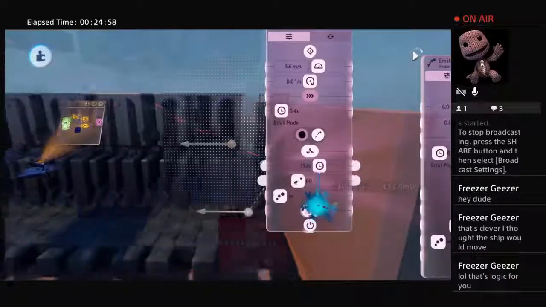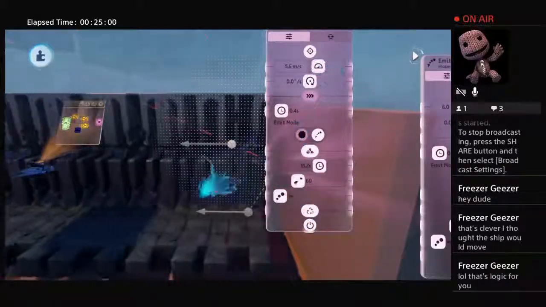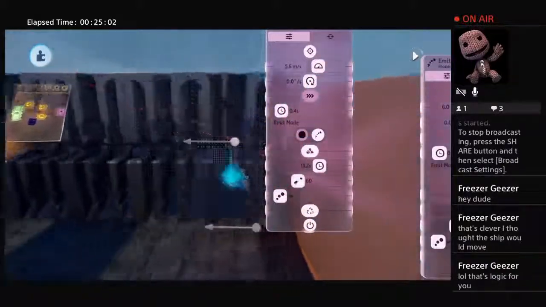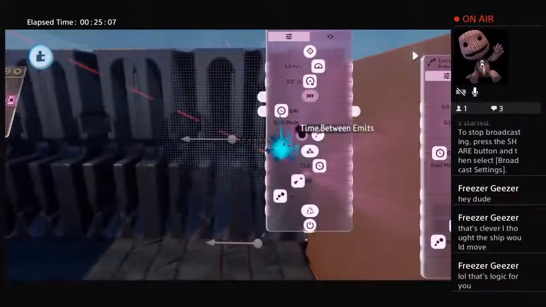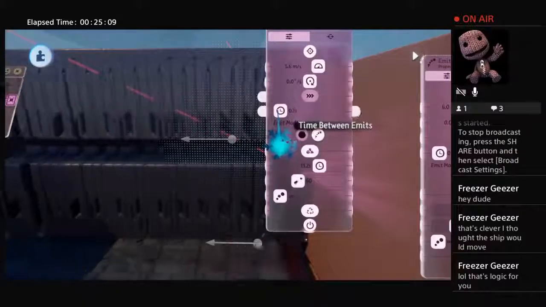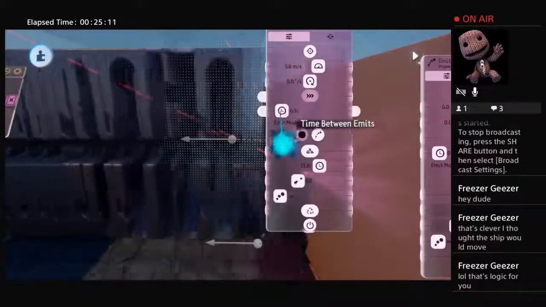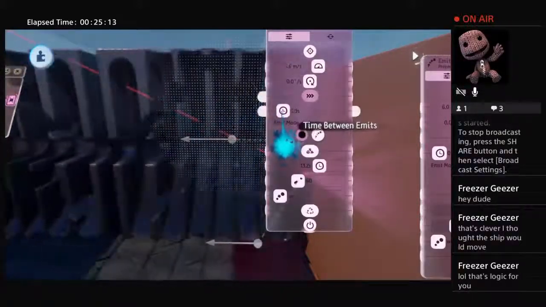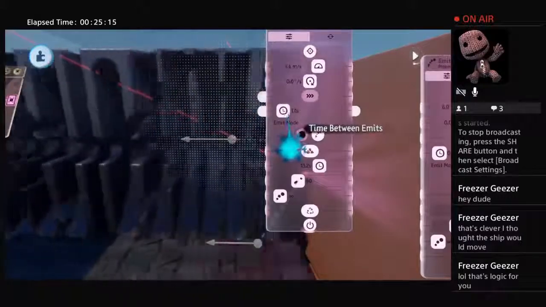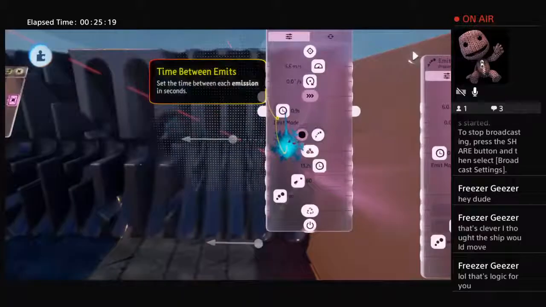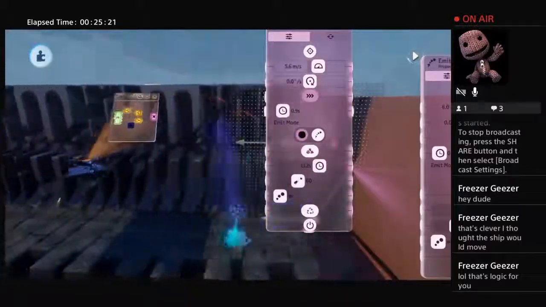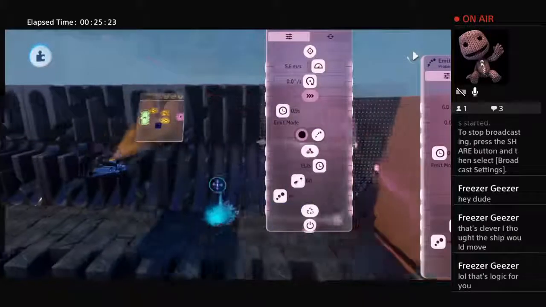Right, and then just, okay. You want to again make it look like, see the way it's emitting into itself. So you just need to change the emit time, or the time between emits. I'd actually want to increase the time between emits because it's a bigger piece. There you go. Now, as long as the camera doesn't see the part that's emitting,